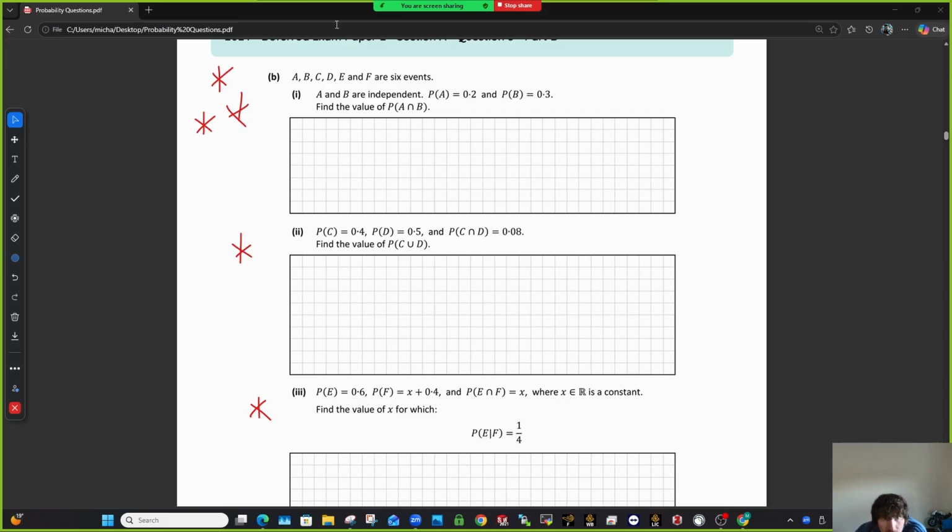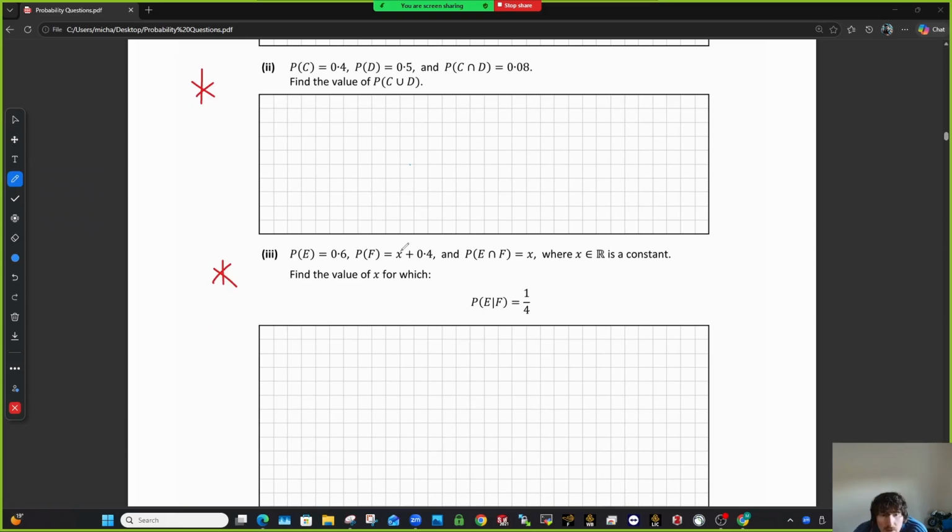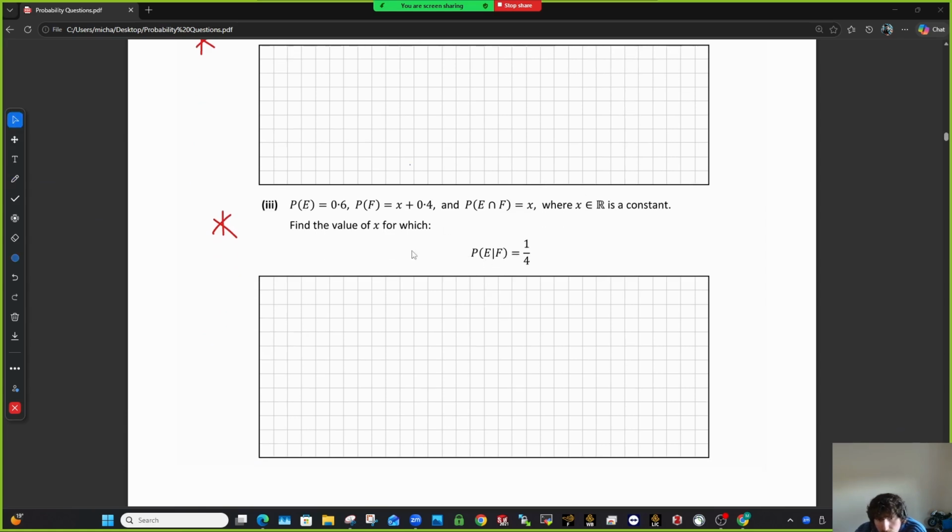Now F has an X in it, okay, so let's zoom in on this. This could be interesting. So F has an X in it, and then we're given the intersection that also has an X in it. So we could actually do a diagram of this because they're 2 events if we wanted. But we're given here the given probability, okay? So make sure you're not someone who's silly and thinks that that's E less F,